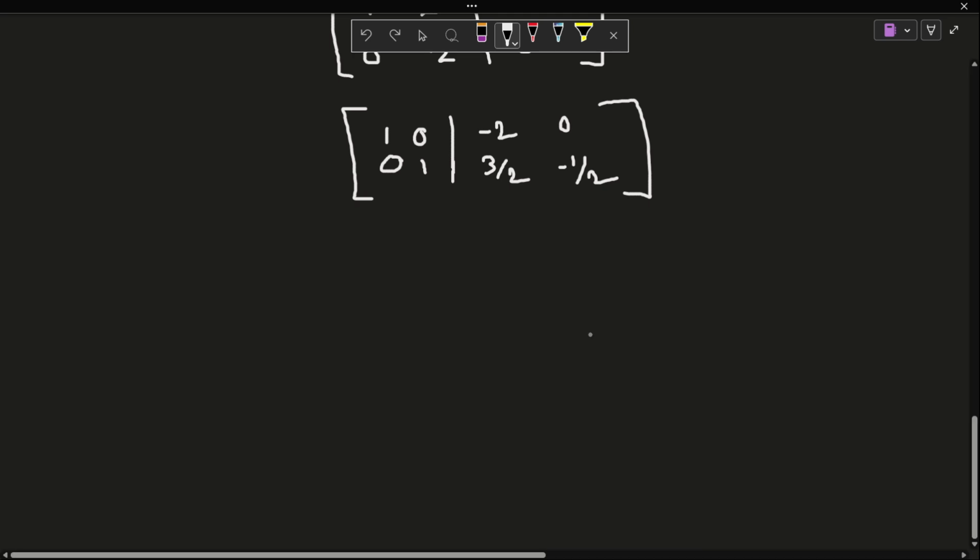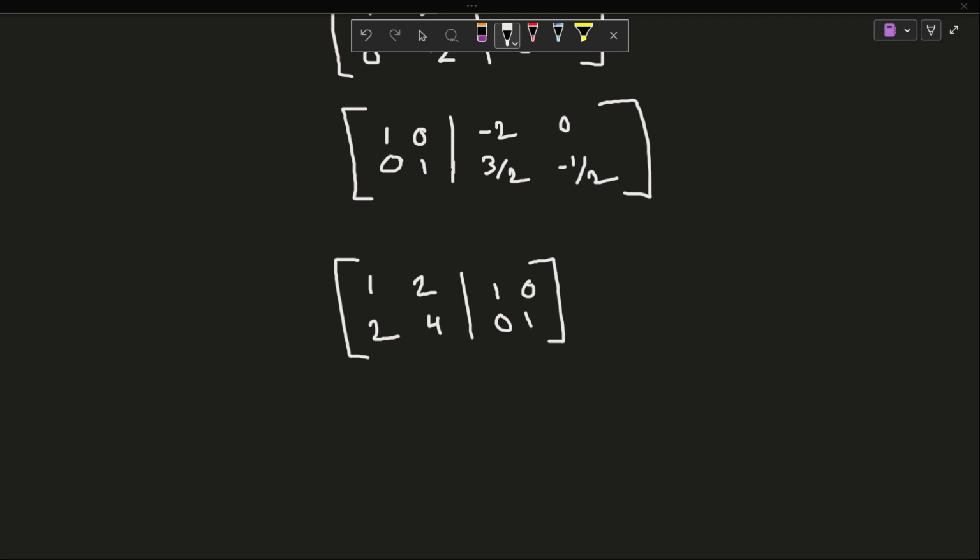Okay, and let's look at an example of a matrix that cannot be inverted. Something like 1 2 2 4. This we cannot find the inverse of. Try to figure out why. I explained the general rule for this earlier in the video, but it's important that you try it yourself. Okay, so hopefully you've had a chance to do that.